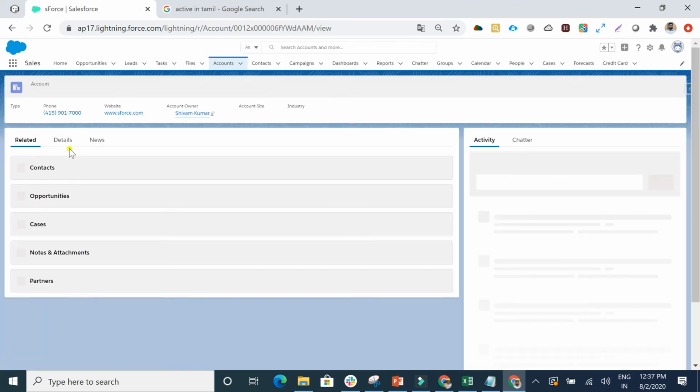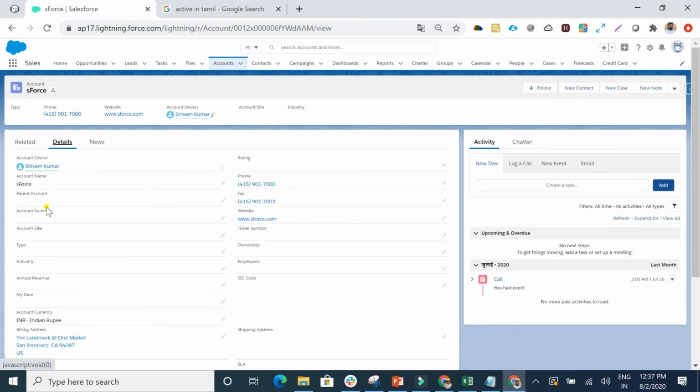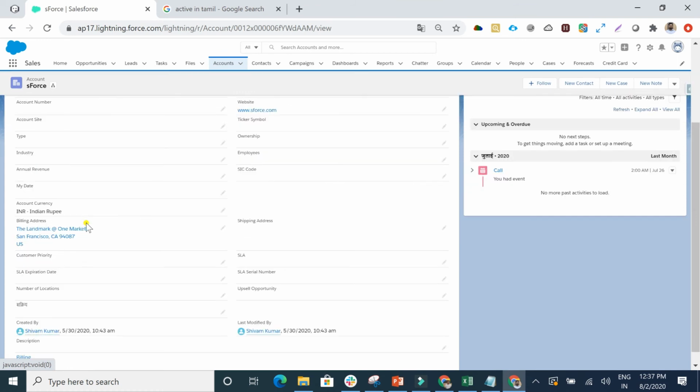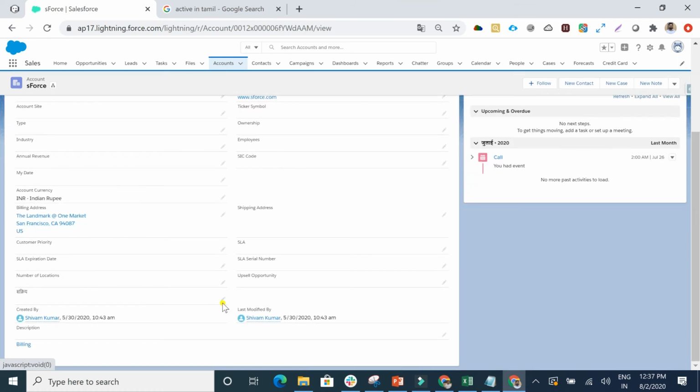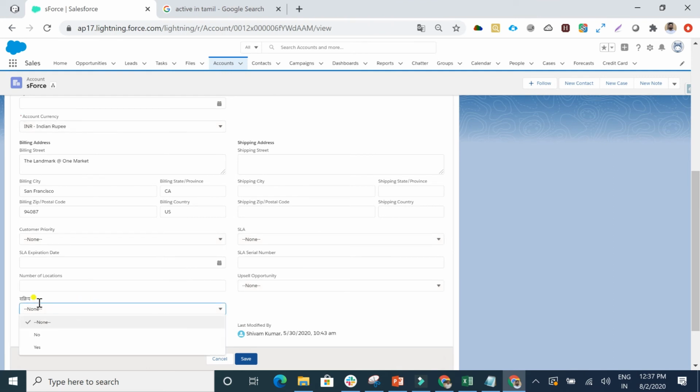Opening one of the accounts there, going to details. So what I have done is, this is the active field which I have changed into Hindi. So this is the translation coming here for that particular user.